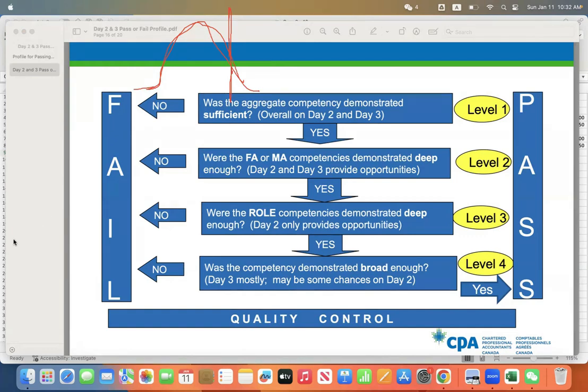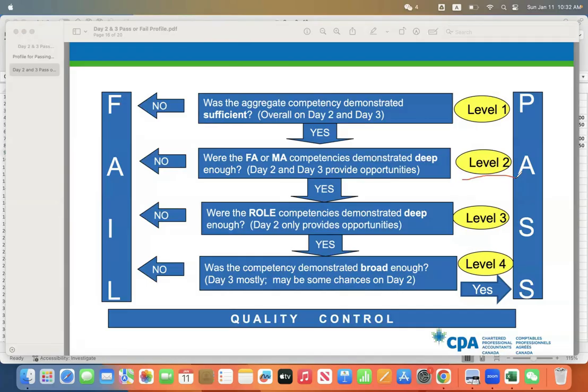And then how do you make sure that you don't get curved down in level 1? Let's look at level 2. For level 2, you have to pass either financial reporting or management accounting. Either one, you should get a competent level. Why do I recommend you target competent for both? Because there is level 1. If you get competent for both financial reporting and management accounting, you're sure to pass level 2, because level 2 only requires one competent in either financial reporting or management accounting.